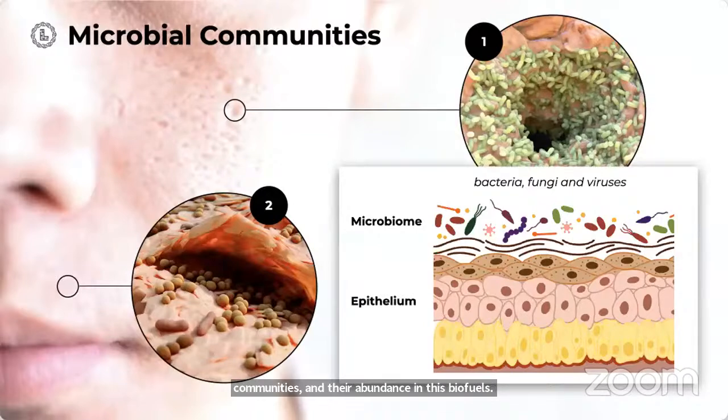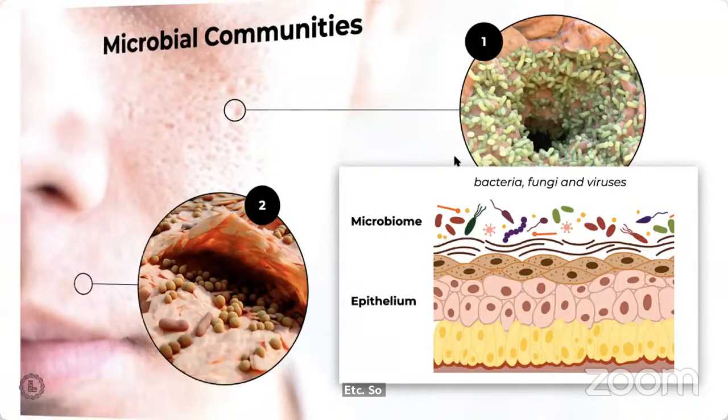And inside each community, as we already spoke about, there is generally a balance of the amount of bacteria, the amount of fungi, and the amount of viruses that controls species abundance and species activity. So identifying this balance of these different species is key to understanding the healthy state of the sample. For example, in this case, the healthy state of the human skin, or a diseased state of the skin under conditions like eczema, acne, etc.